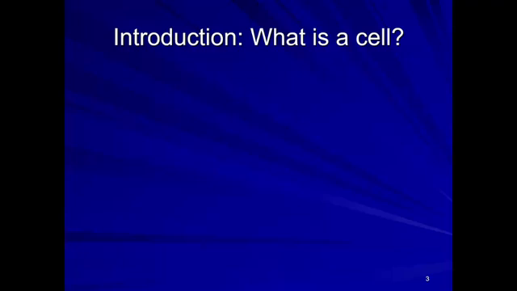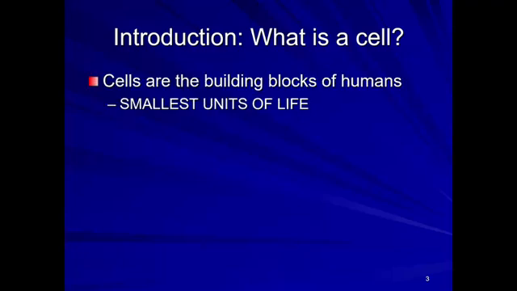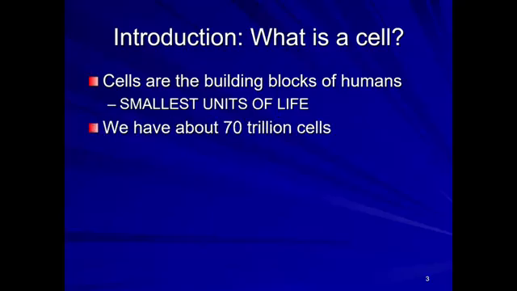What is a cell? It's not just a round ball with a nucleus in the middle. They can be any shape and size. We have trillions of cells, but bacteria are made of just one. The cell is considered the smallest unit of life, so unless you're at least one cell in size, you aren't